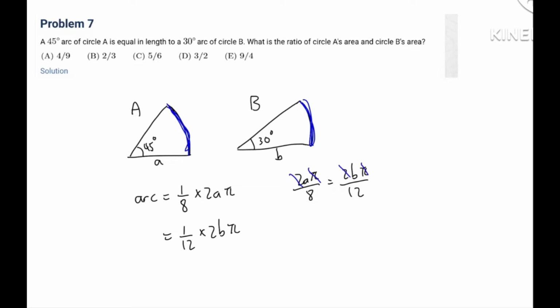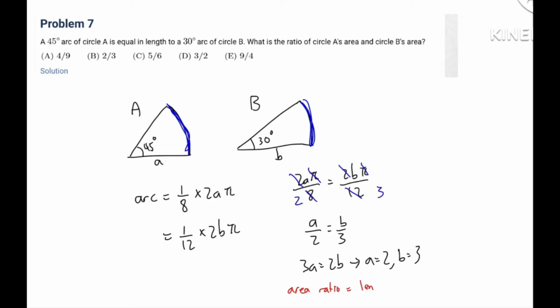So take out the 2π, and then make this into a 2 and this into a 3. So we would get A over 2 equals B over 3. 3A equals 2B. So what is the ratio of circle A's area and circle B's area? This can mean that A is equal to 2 and B is equal to 3. So ratio of the